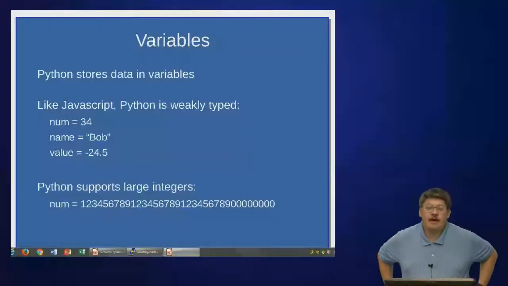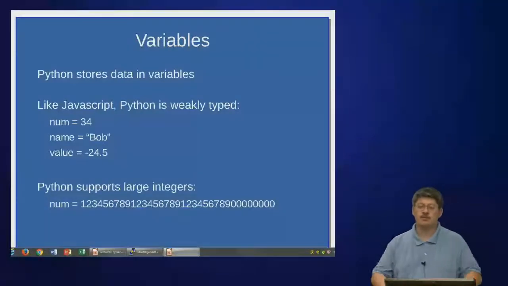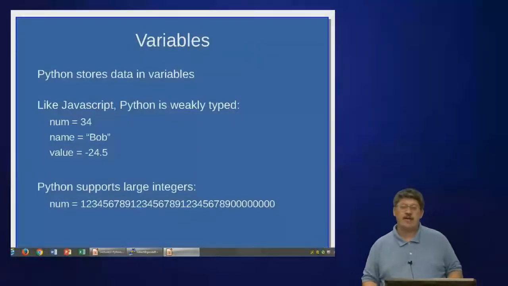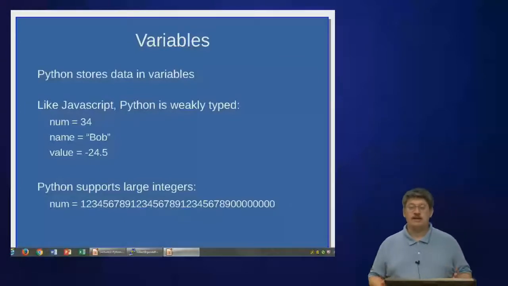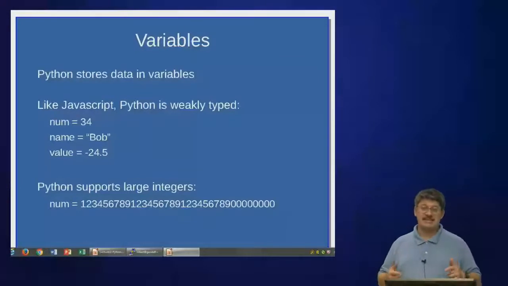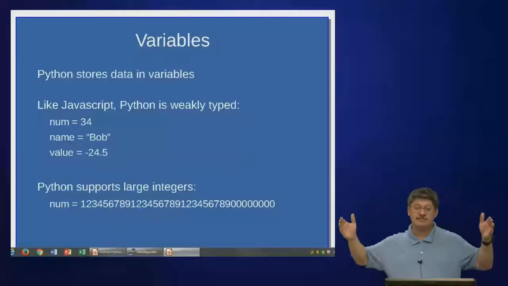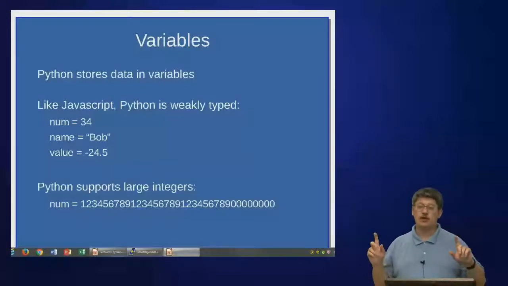One of the neat things about Python is that it supports large integers, large numbers. I can put a number that is really super long into Python, and I can do math on it, and it will work. In most programming languages like C and Java and even C++, if you try to do this, integer overflow will occur. It's trying to actually store it in a register on the CPU, and that register has a fixed number of bits. Maybe it's 32 bits, maybe it's 64 bits, but there's some maximum size that a number can be. And if you try to go beyond that,